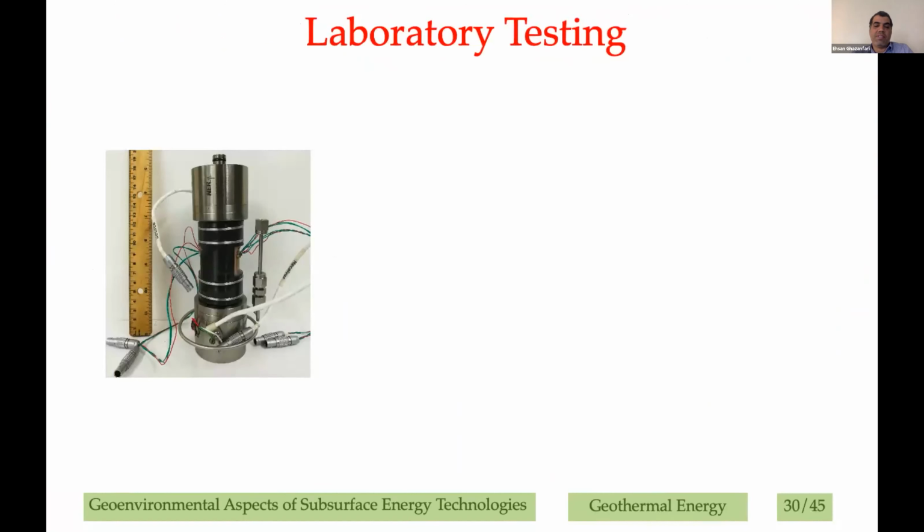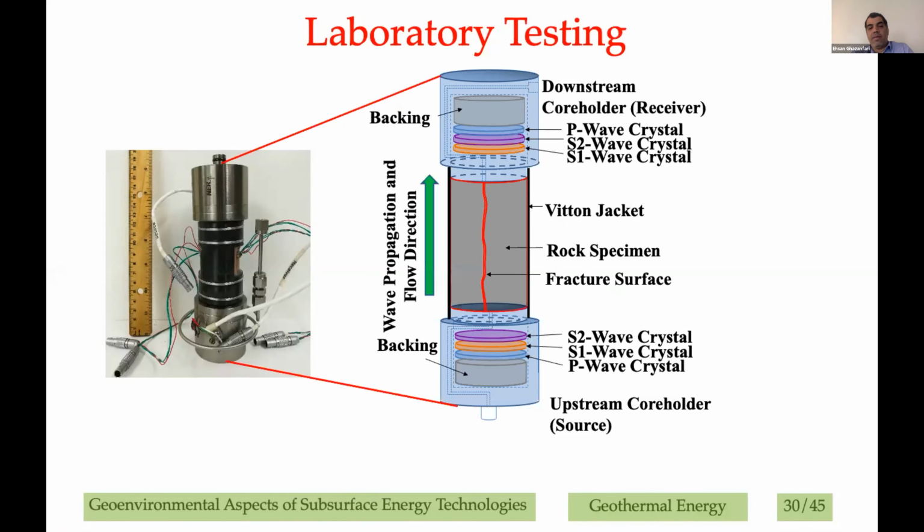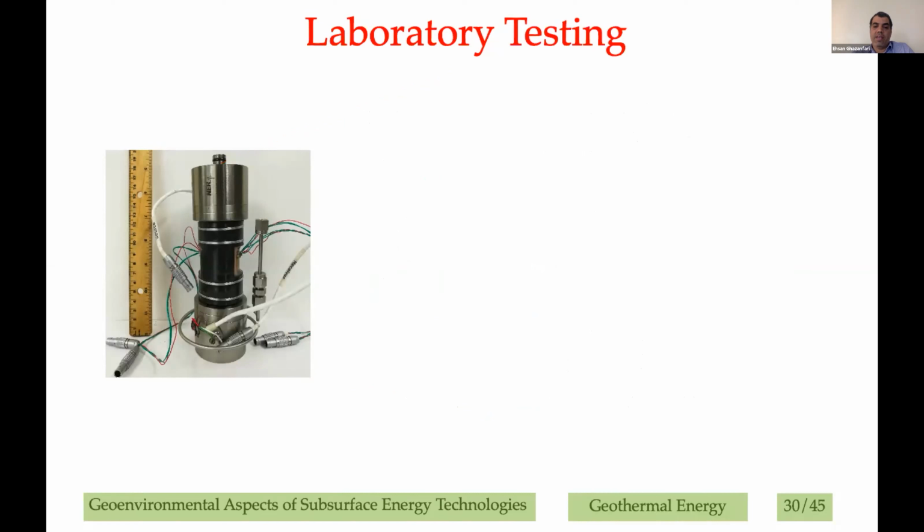Here are typical prepared specimens in the lab. You can see a jacketed specimen with strain gauges. This was an example of fractured reservoir rock, to see how the fluid will flow. You can see that the ultrasonic seismic velocities can also be measured through the crystals embedded at the top and at the bottom. Later in the slides, I'll show you a few examples of how it looks when you start injecting flow under high temperature and high pressure, similar to field conditions.